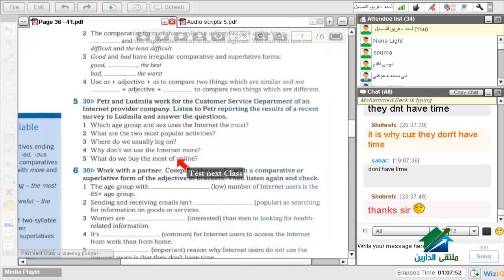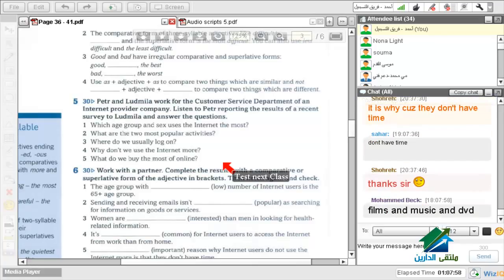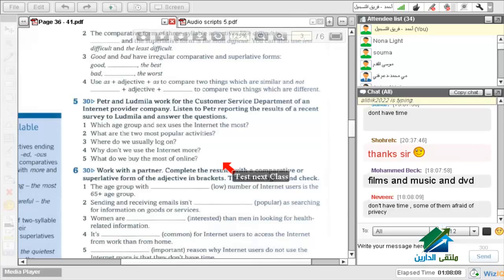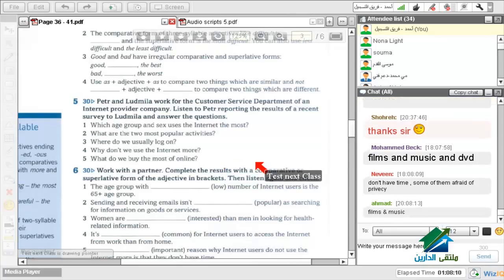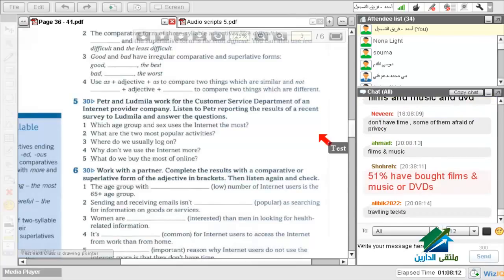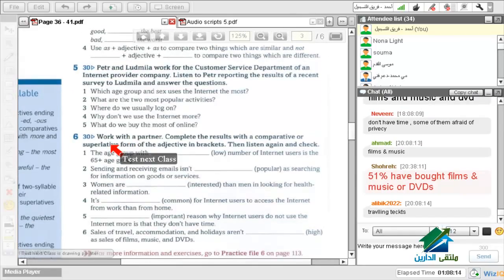What do we buy the most of online? What do we buy the most of online? Films and music and DVDs. That's good. Okay. Second listening, we will have,